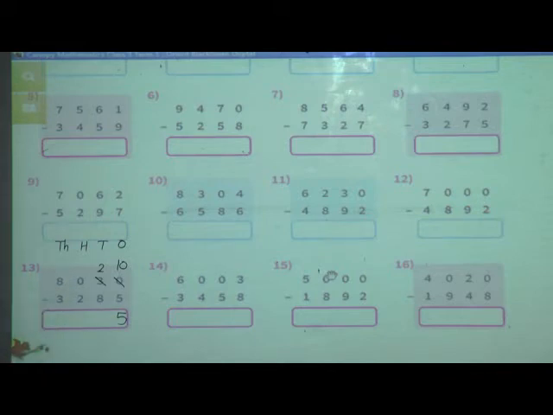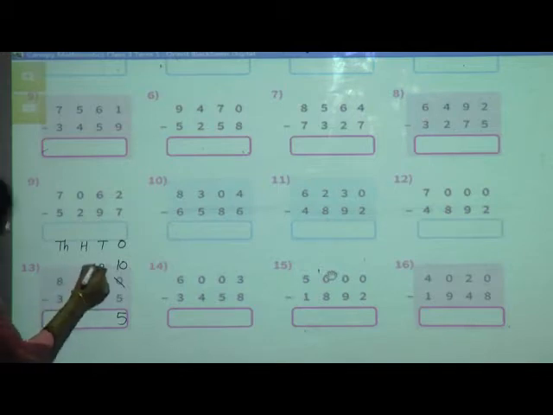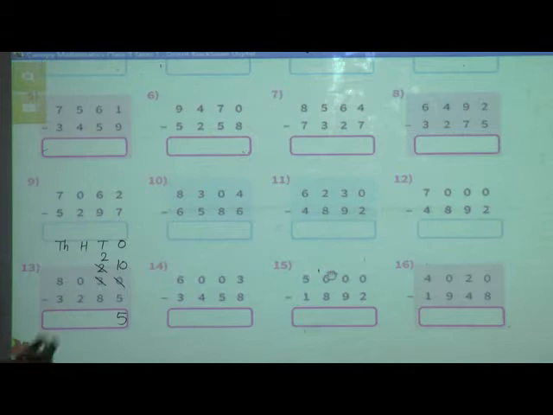See the tens place now. Here at tens place 2 is there, and in the second number at tens place 8 is there. 2 minus 8. Can we do 2 minus 8? No. Why? Because 2 is smaller than 8. So we will cut this 2 and write this 2 as it is. Then we will go to the hundreds place, because hundreds is the neighbor of tens. But see, here at hundreds place 0 is there. So again we will go to the next neighbor.